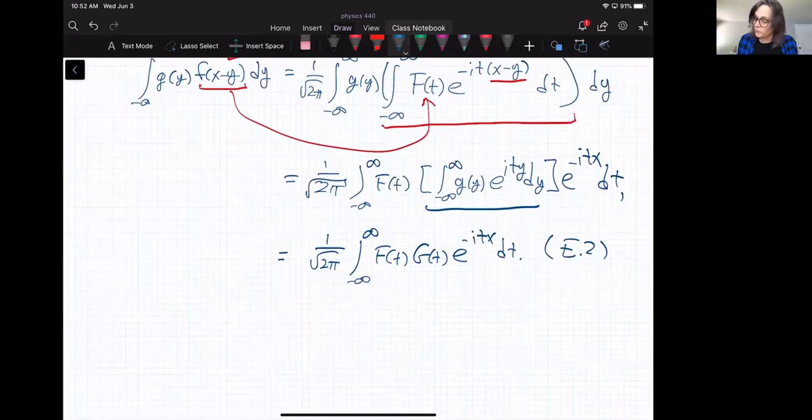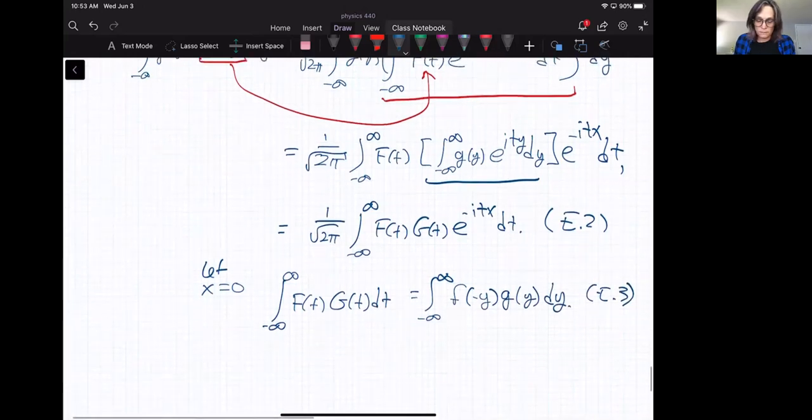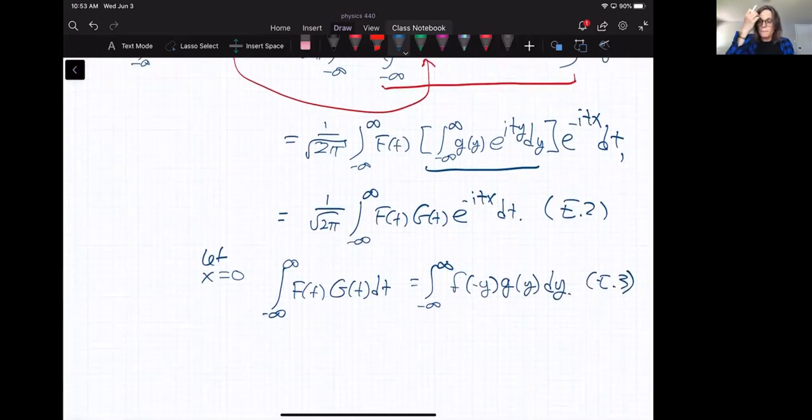So if we let x equal 0, for the case at x equals 0, we have the integral from minus infinity to infinity of the Fourier transform of f, the Fourier transform of g, is equal to the integral from minus infinity to infinity of f of minus y, g of y, dy, if you're careful of these signs. And that basically leads us to the Parseval relation, namely